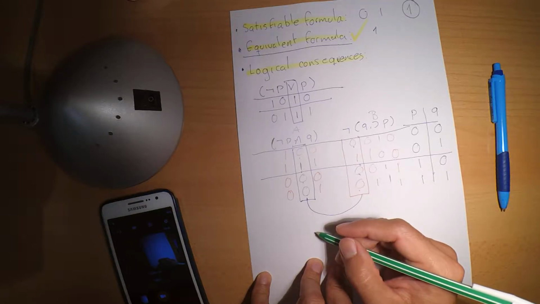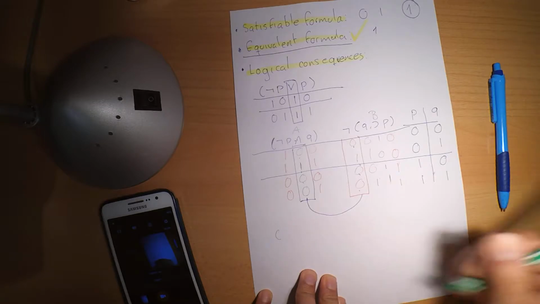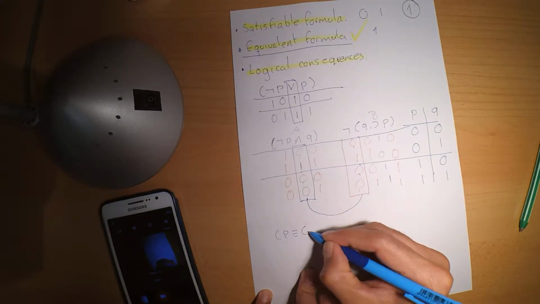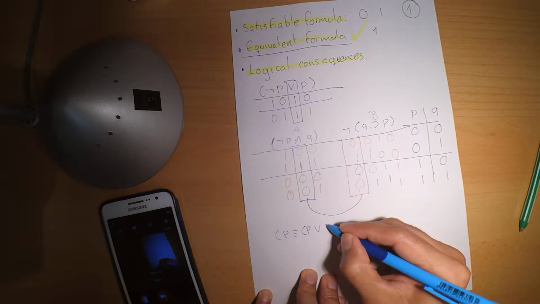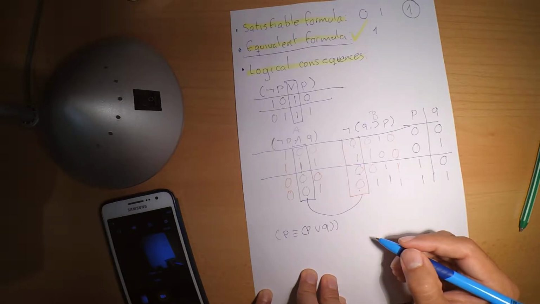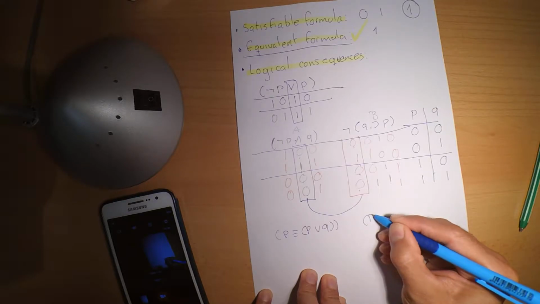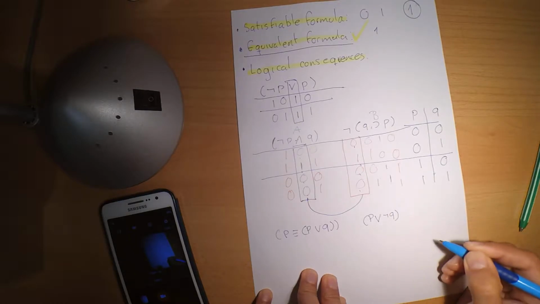A is a logical consequence of B if wherever B is 1, then A is 1 too. As an example, we can suppose that P equivalence P disjunction Q